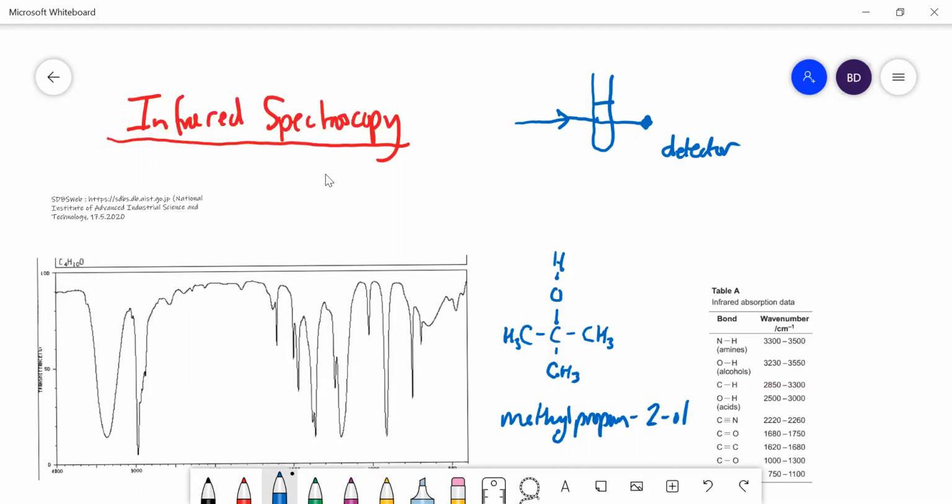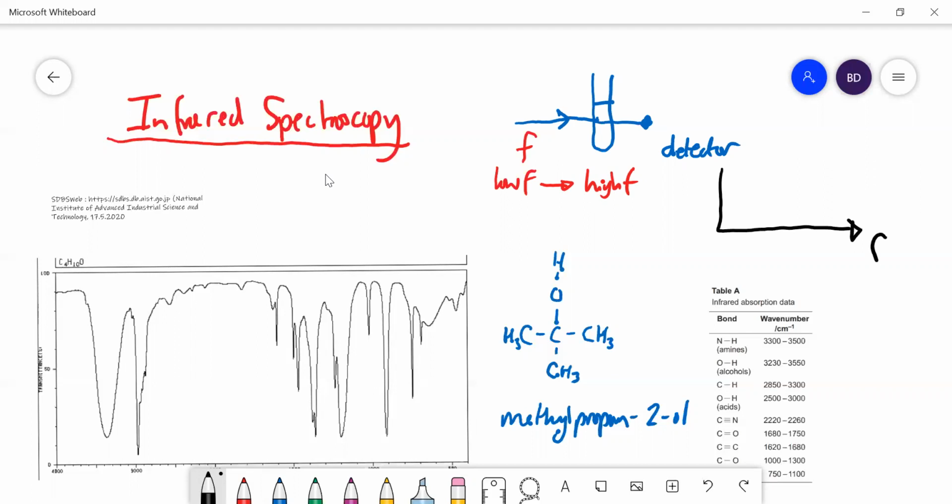And the frequency of this is changed. So it starts off at low frequency, and the infrared moves through different spectrums to a higher frequency, and so you end up with a graph where, if I just draw a little sketch, you have